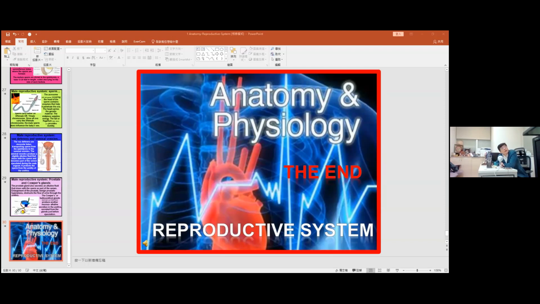So FSH and LH are produced from the anterior pituitary gland. These two hormones are glycosylated polypeptides. They have an alpha and beta subunit. The alpha subunit is identical to thyroid-stimulating hormone and the human chorionic gonadotropin hormone, hCG. These gonadotropin hormones are stored in the cell, and the GnRH